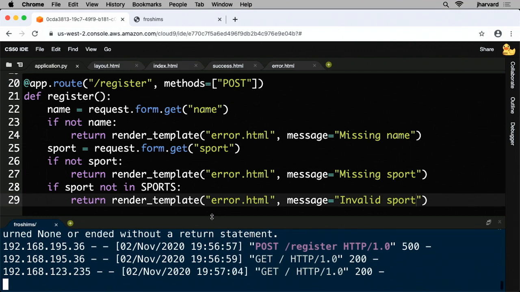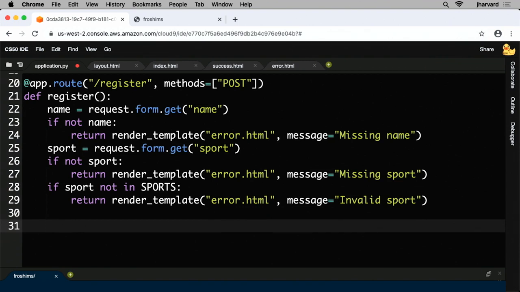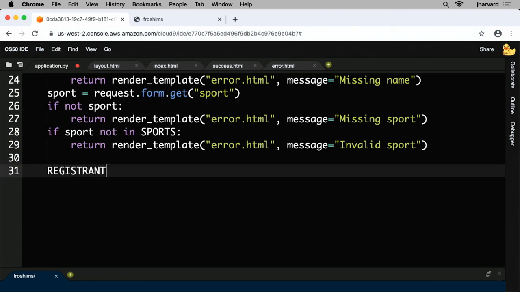Let's go back to my application.py in my register route. And then ask ourselves, well, what does it mean to register the user? I want to remember that the user is registered for a given sport in the computer's memory. And the computer's memory, recall, I'm using by way of this global variable called REGISTRANTS. And it's all caps just to make clear that it's a global variable, but that's not required. And then down here, why don't I do this? REGISTRANTS[name] = sport. So this is very similar to what we did with names and phone numbers, keys and values,